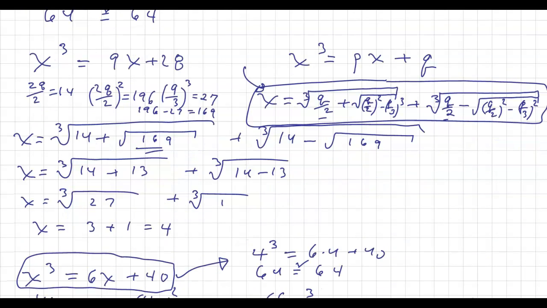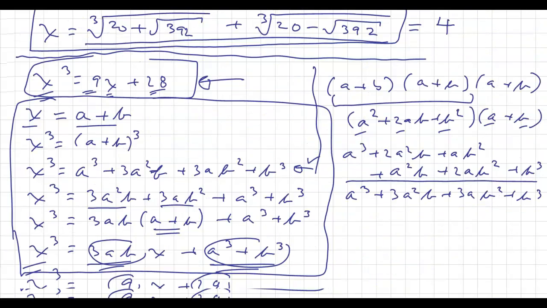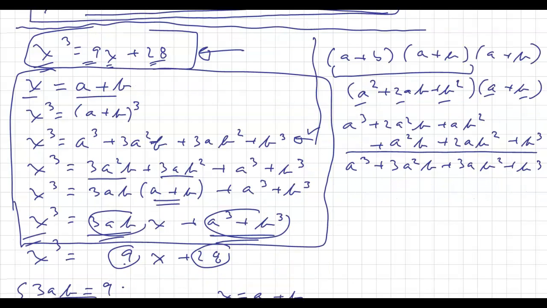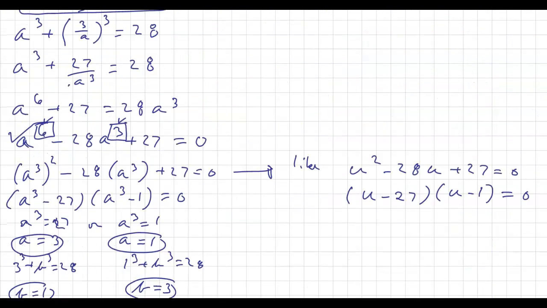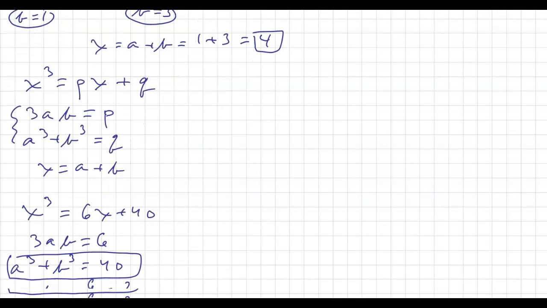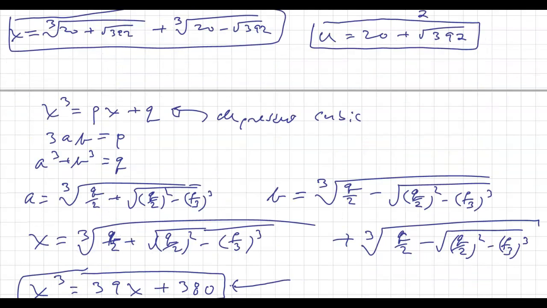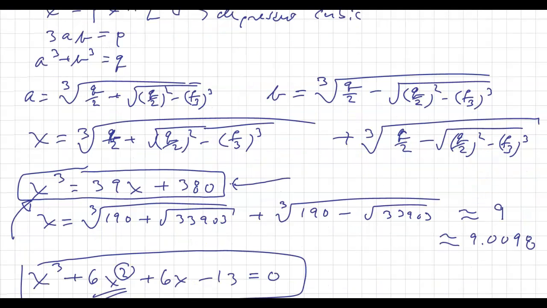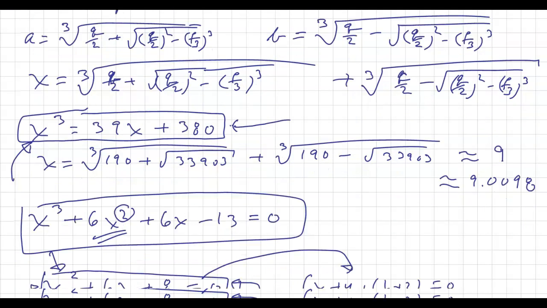Then I showed you how that formula came from this process, because these depressed cubic equations can be turned into a system of equations, and that system of equations leads us to the same answer as the formula, and that's actually where that formula comes from. And then I did some examples of depressed cubics, or at least one example,